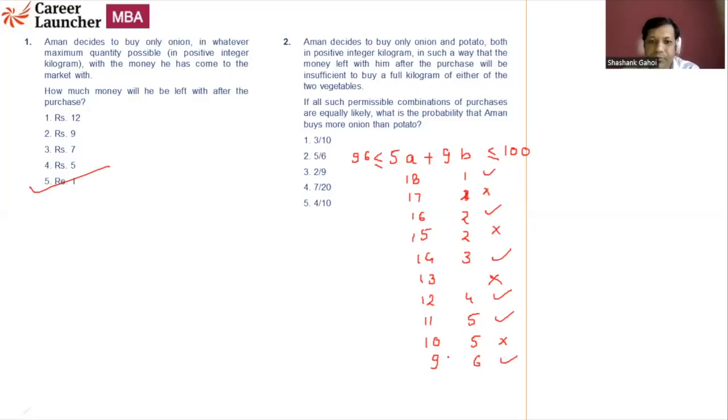Yes, acceptable. Will do. 8 means 40, remaining is 60. With 60, he can buy 6 kg, but 6 rupees will be left. So A is 8, not possible. If we talk about 7, so 35, that means 65, which means 9. Okay, so acceptable. Then we are talking about 6, so 30, 70, not possible. If we are talking about 5, 5 means 25, so 75 means